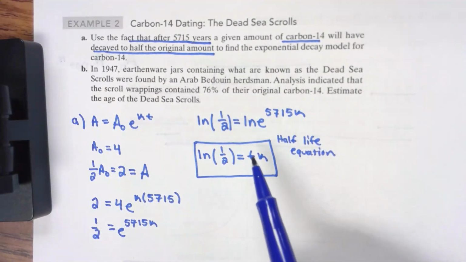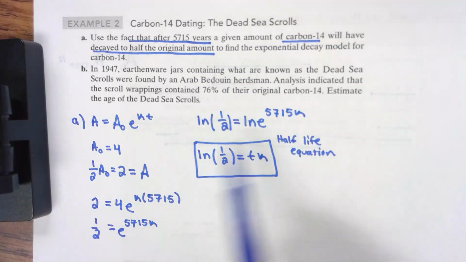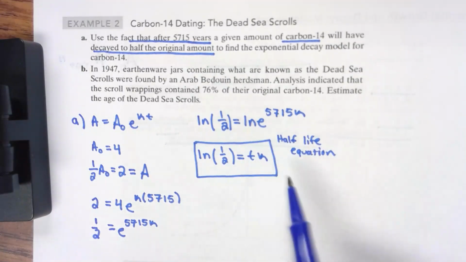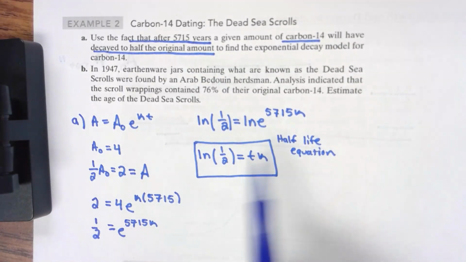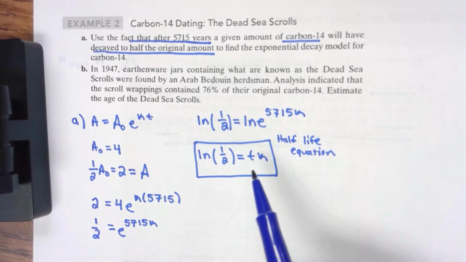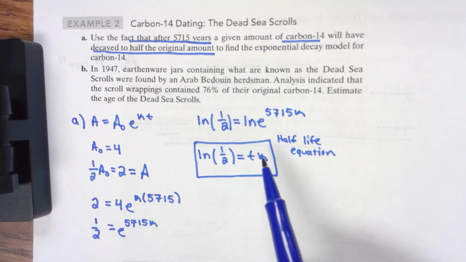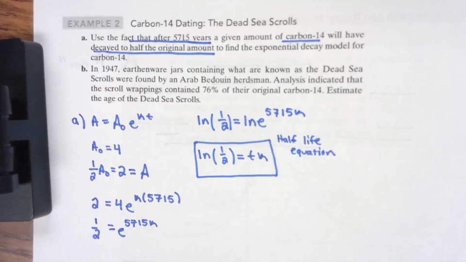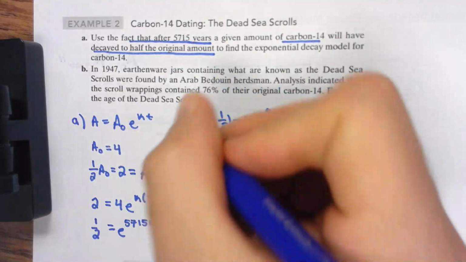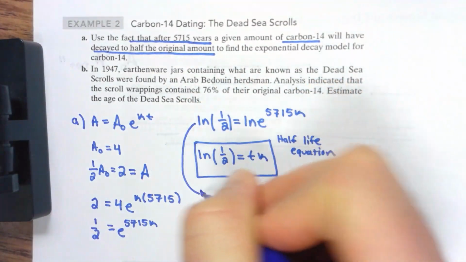Okay, but in this case, we already have a value of t, so I'm going to still solve this, kind of ignoring this here. But this is something like when you're working on the Math Excel, you can simply plug in the time to this equation, divide natural log of 1/2 by that time to find the decay rate. And that's what we're going to do here in just a second anyways. So then with this problem,